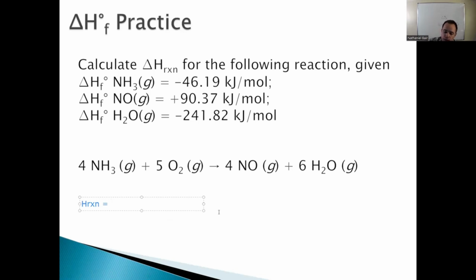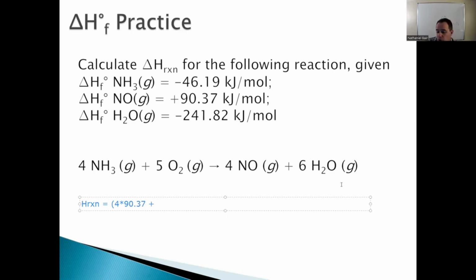What are we going to do? Well, it is going to be products minus reactants. So we're going to start with the products. So we need the sum. I'm going to use a parentheses. And it's going to be 4 times the standard enthalpy of formation of NO. So when you look up NO in that table and you get 90.37, that's to make 1 molar equivalent of NO. We want to make 4 of them. So that's 4 times 90.37